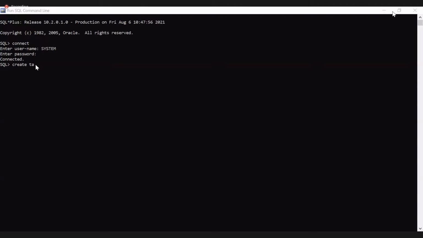So the syntax is create table. What is the table name? Should I give CS11 students? If the table name is long, I have to re-enter that many characters, but nothing will happen. I'll copy it. Create table CS11 students. This is my table name. So the syntax is the create command, then a space, then table, and then the table name.